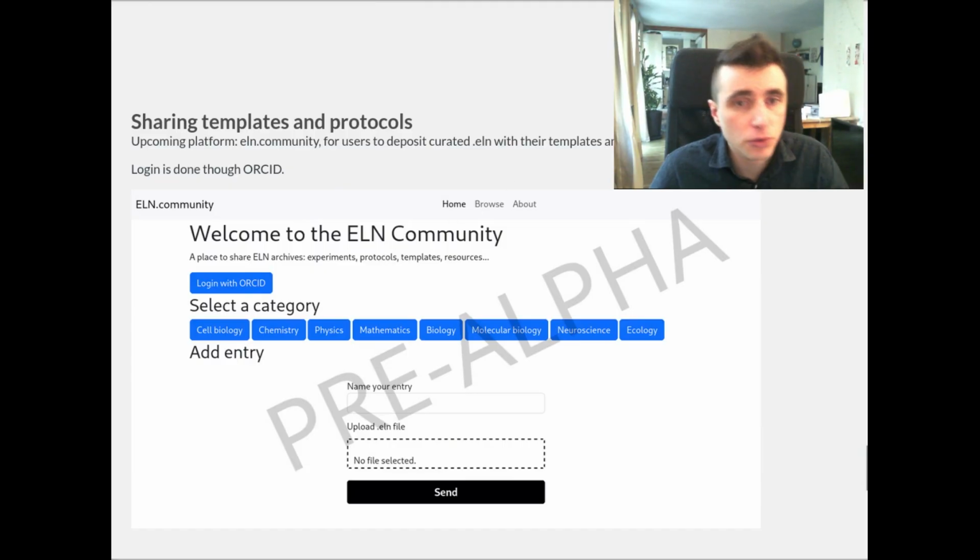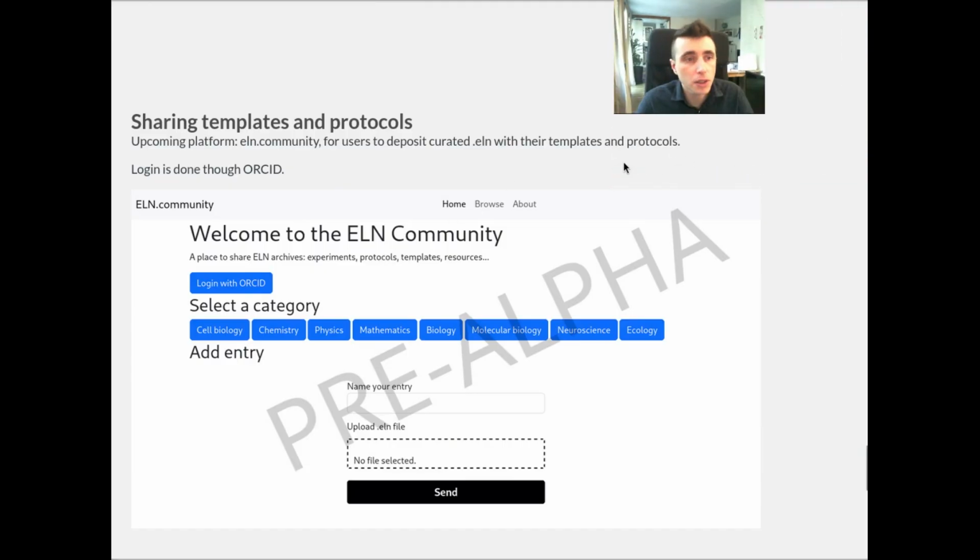One last thing I want to discuss would be this project that we started, eln.community, a website to deposit ELN templates, protocols, whatever, and the login is done through ORCID. So you can just log in through your ORCID and then you deposit a .eln file which contains your protocols, your templates, your data, your whatever.